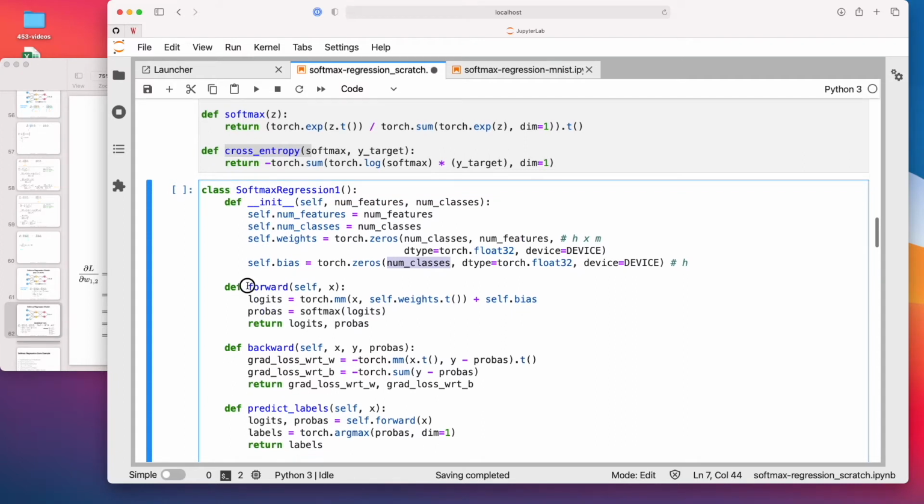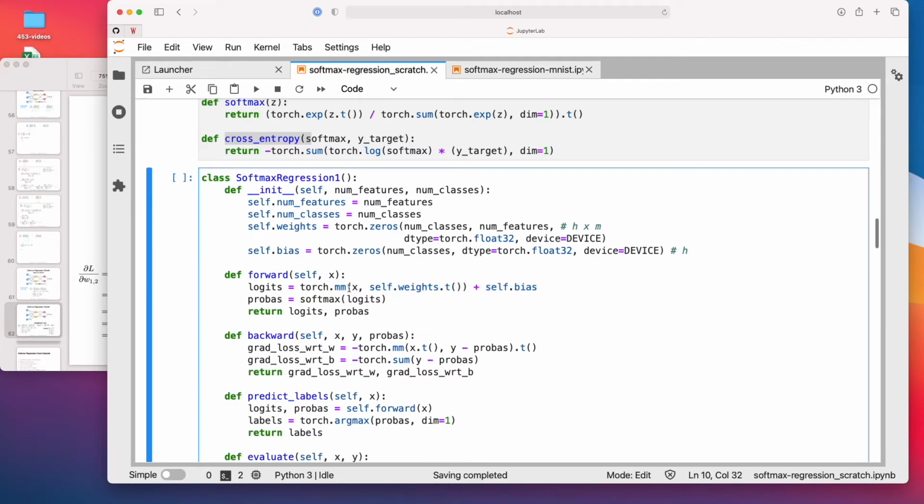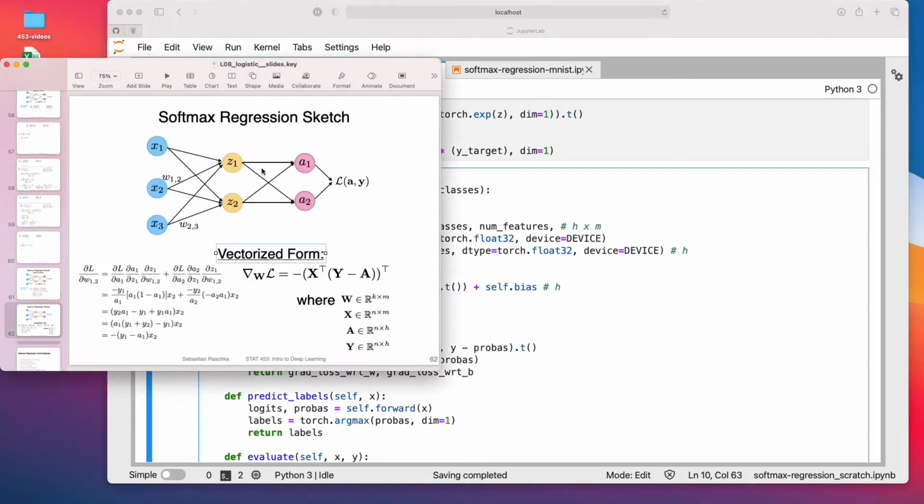And here's the forward method. The forward method is computing the net inputs. I call them logits, but you can think of them as the net inputs. It's just the multiplication between the inputs and the weights plus the bias vector. So this would be the h-dimensional net inputs. These are our z values here.